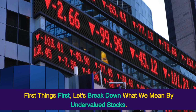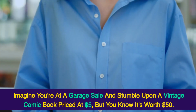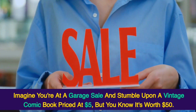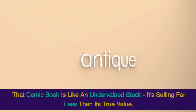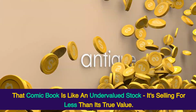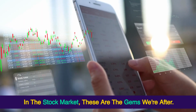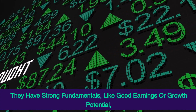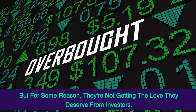First things first, let's break down what we mean by undervalued stocks. Imagine you're at a garage sale and stumble upon a vintage comic book priced at $5, but you know it's worth $50. That comic book is like an undervalued stock, it's selling for less than its true value. In the stock market, these are the gems we're after. They have strong fundamentals, like good earnings or growth potential, but for some reason, they're not getting the love they